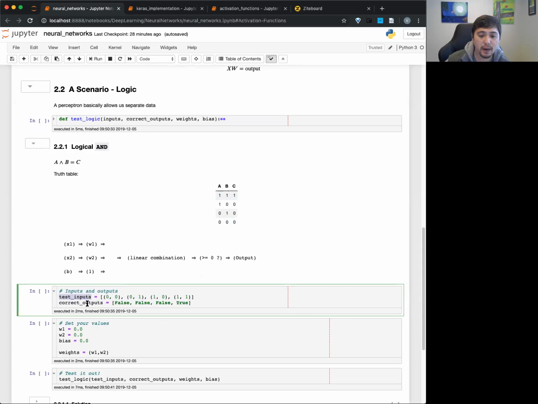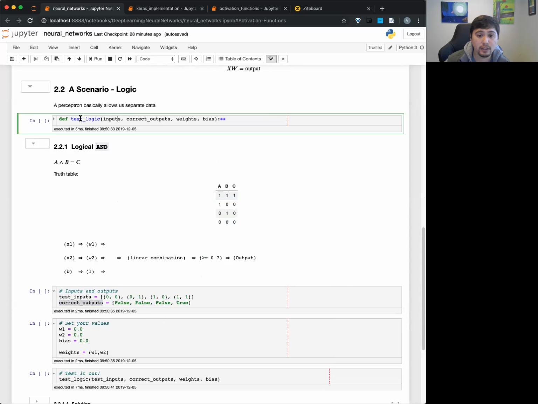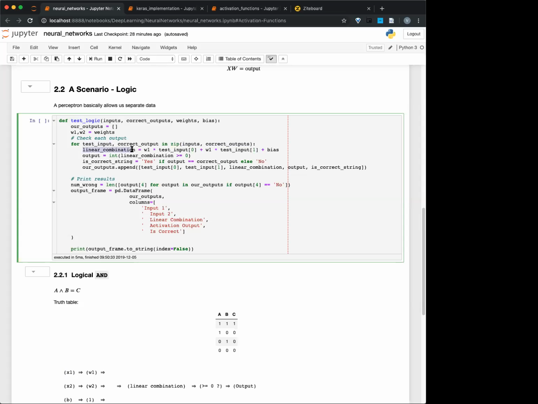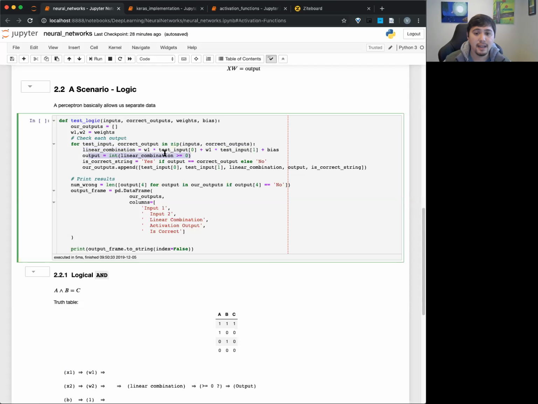But we're going to take these parts and feed this into our logic part after we define what W1, W2, and bias are. So just showing you a little bit, very briefly. It's not important for you to understand this full code to understand this problem. But the idea here is we take our inputs and then our correct outputs, and it's going to create our linear combination. And then it says, okay, is it 0 or 1, basically doing that transformation. Then we're going to compare our correct outputs with our outputs. So that's what this part will be here, and this will give us a little output.